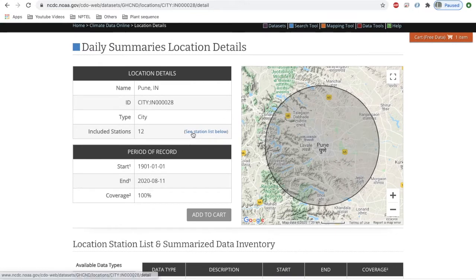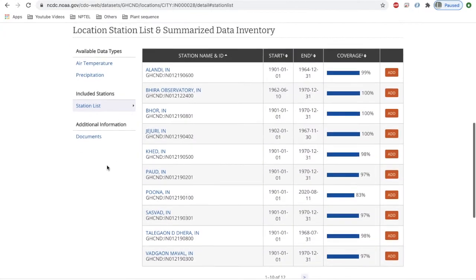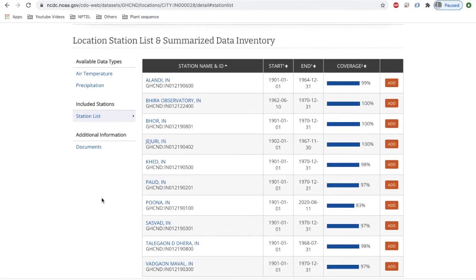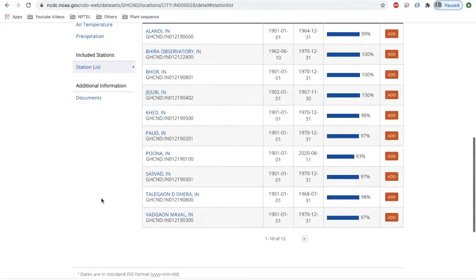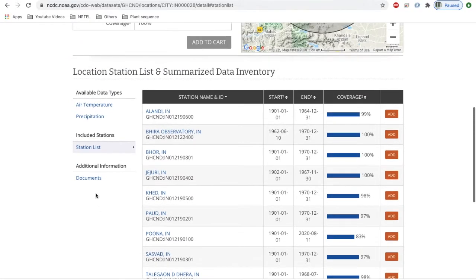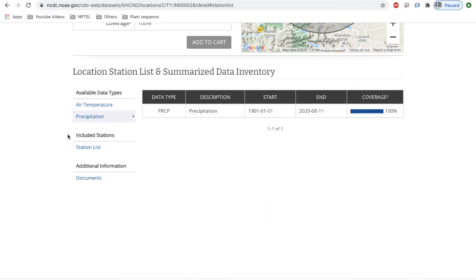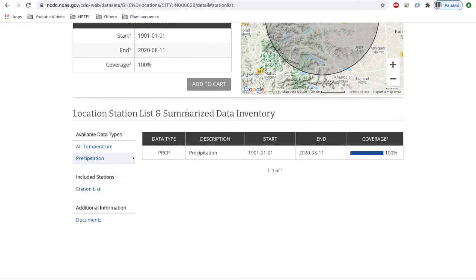You can also see the station list. Stations are small towns within the Pune cities. There are 12 stations here. I would like to add the weather record of this station also. You can also see what data is being presented in this record, the precipitation record and temperature record.